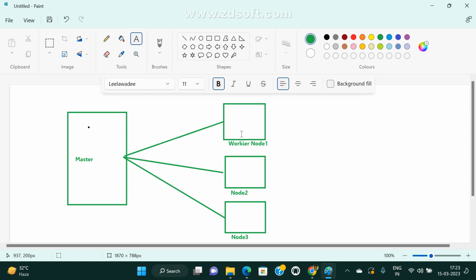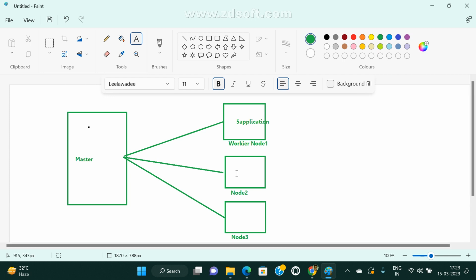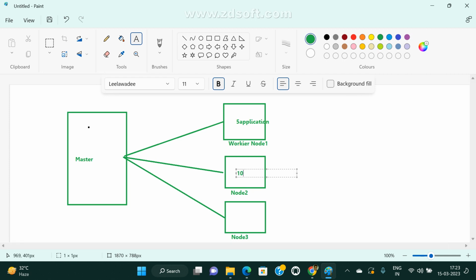Just assume, for your understanding, I deployed 5 applications here, 5 applications here, or 10 applications in this worker node. Here also 5 applications are running.